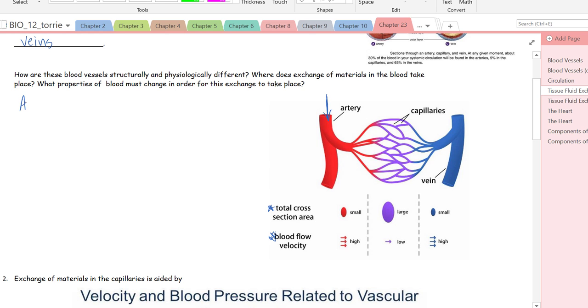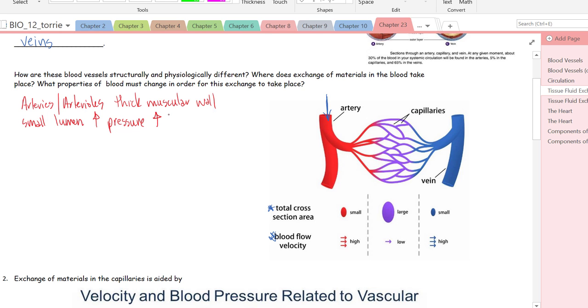When we think of arteries and arterioles, arteries and arterioles have that thick muscular wall, and that creates a small lumen, which leads to an increased pressure